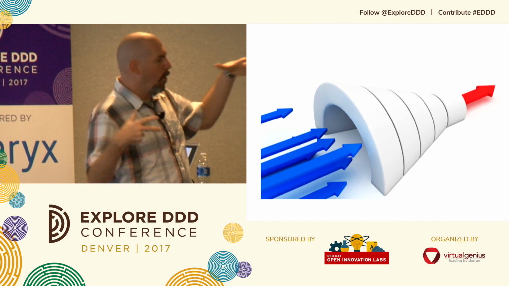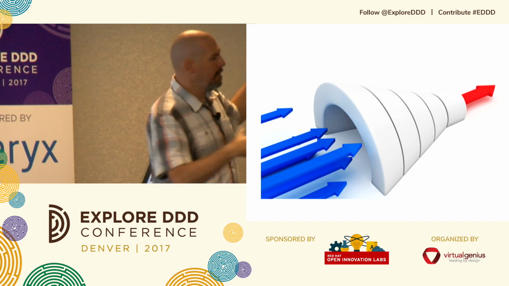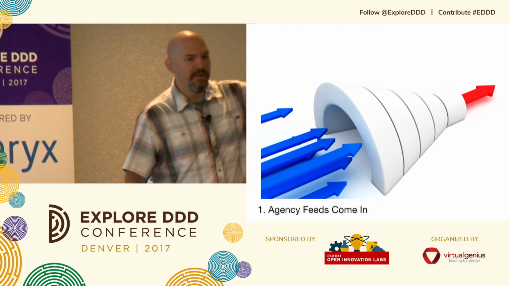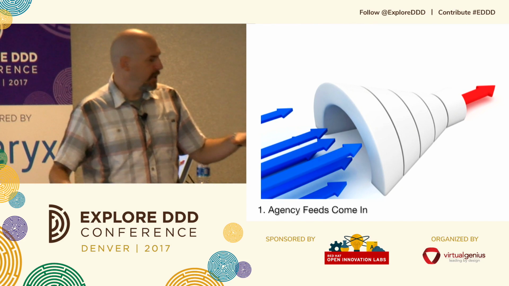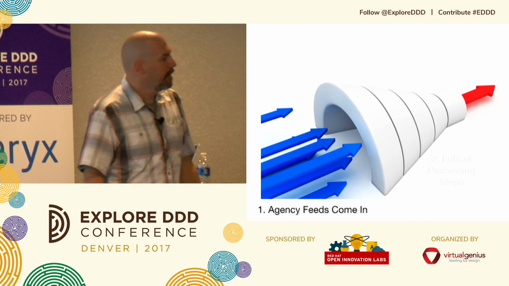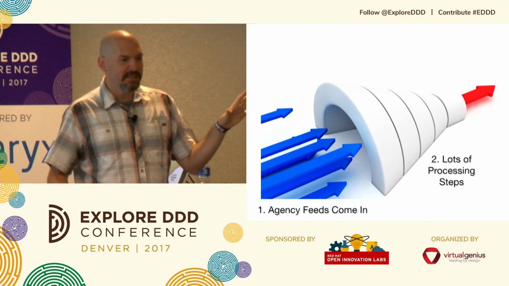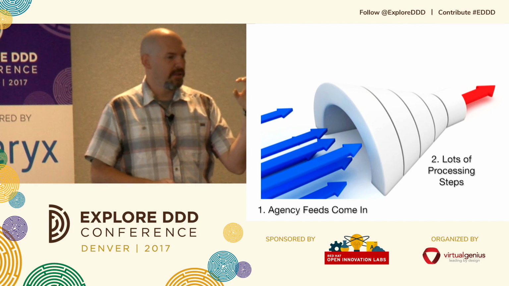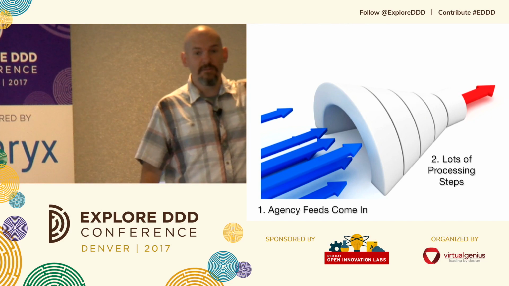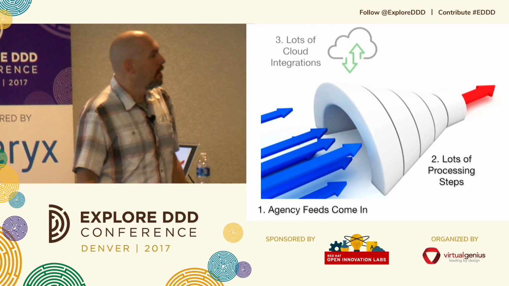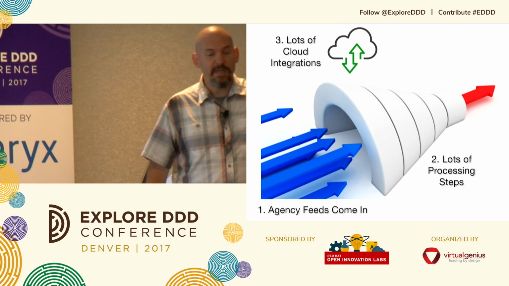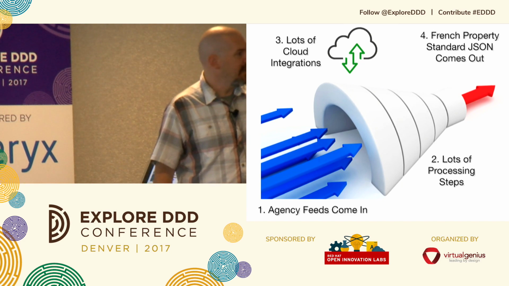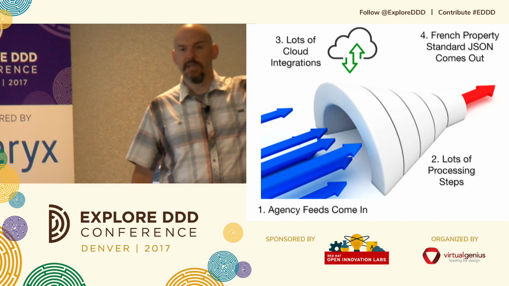How do you have a whole bunch of disparate data sources come into some kind of pipeline? So agency feeds, and by agency, like a real estate agency, would come into this pipeline. Lots of processing steps. And this is not just pipes and filters. This data gets transformed a little bit, gets transformed a little bit. All kinds of different business rules might happen here. Lots of cloud integrations. We need to talk to things. We need to receive data from things. And ultimately, at the end, spit out the French property standard JSON